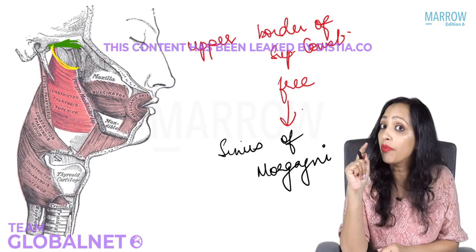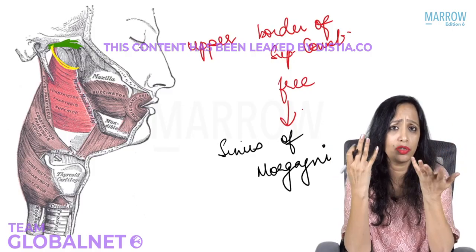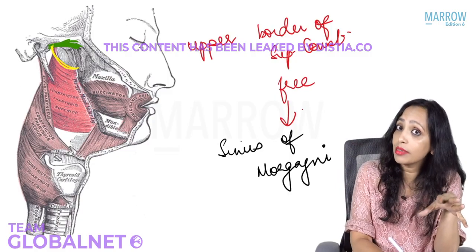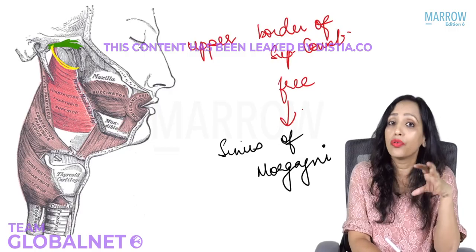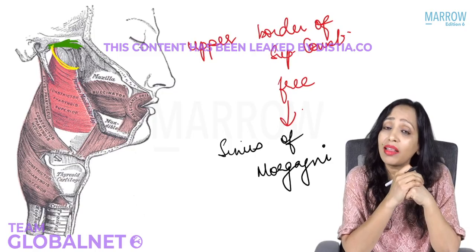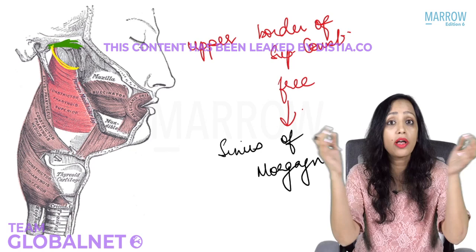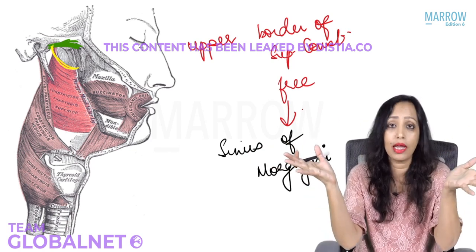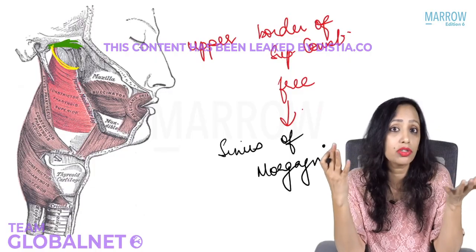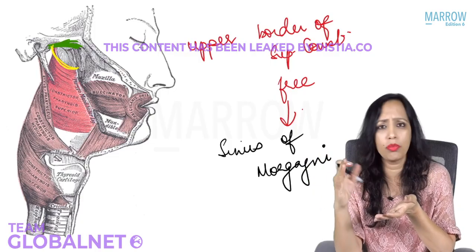Whenever there is any carcinoma of the nasopharynx, we know that the circular muscle at the nasopharynx is the superior constrictor. So whenever a carcinoma of the nasopharynx goes posteriorly and superiorly, that is a very easy pathway for it to go to the base of skull, to go out from the base of skull. When it involves the sinus of Morgagni, that is what is known as sinus of Morgagni syndrome in carcinoma of the nasopharynx. What that syndrome is, we'll see later on.